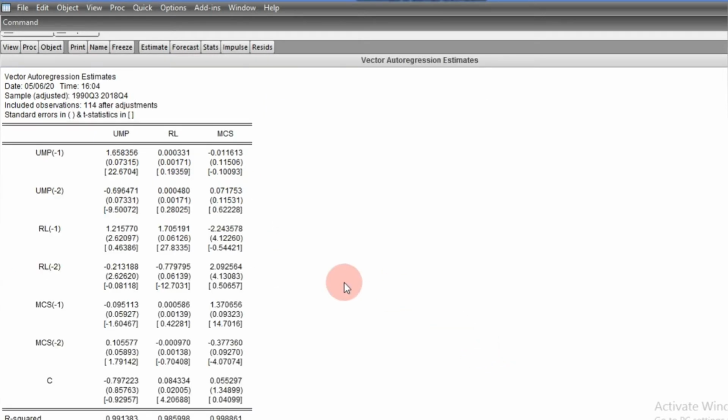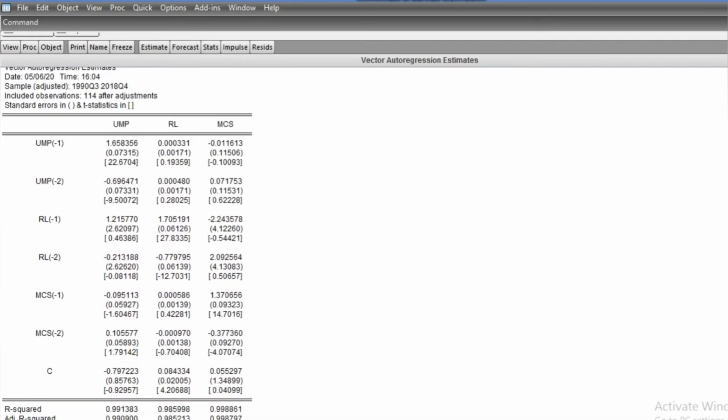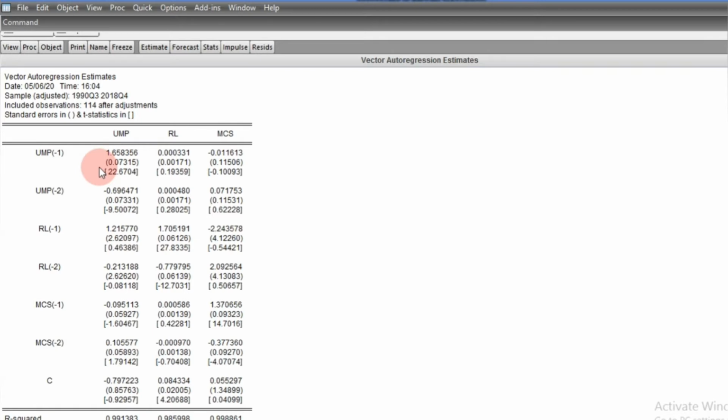So we proceed. Okay, this is the estimated VAR, and this VAR result is coming with coefficient, standard error, and t statistics. So the standard error is in the middle bracket, while t statistics is in the last bracket there. Now what do we do? How do we know the variables that are significant and those that are not significant? Remember, our business is to estimate a parsimonious VAR, and this parsimonious VAR will follow the approach of the general to specific method.